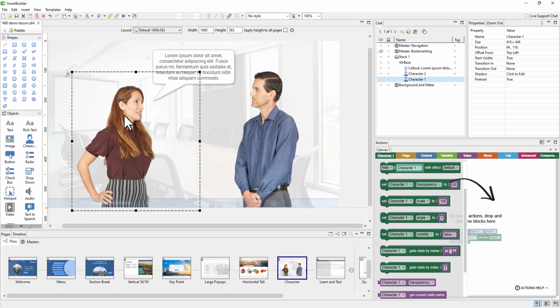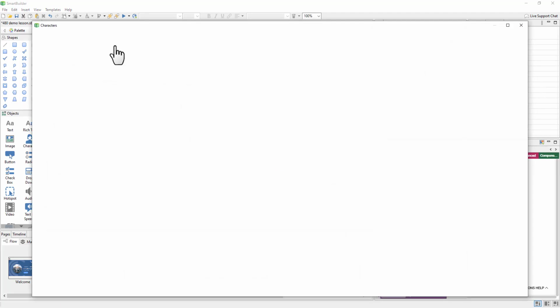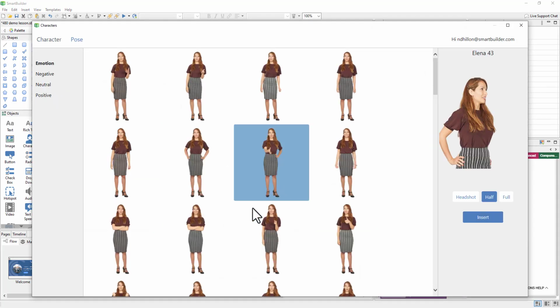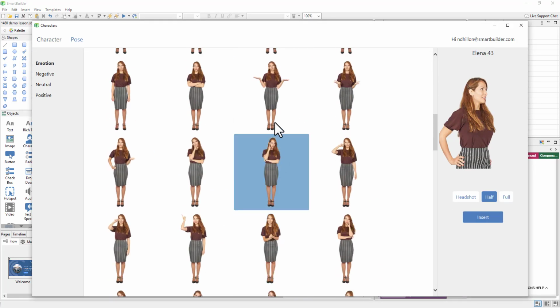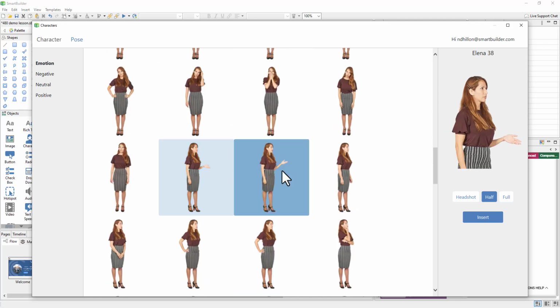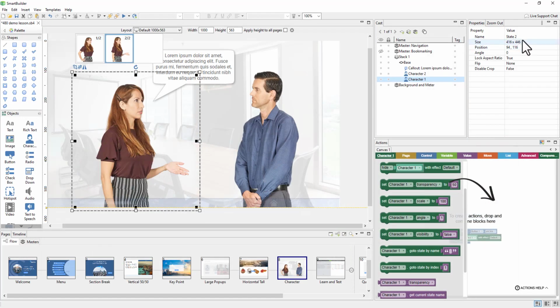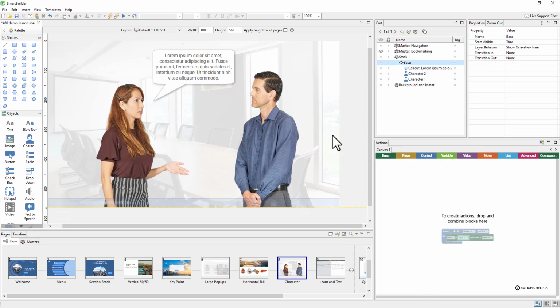So let's go ahead and add another state here for Elena. We'll go ahead and add a plus, and then we'll choose this one here. And then if we want to, we can rename the state. And then perhaps after a few seconds, after the page loads,